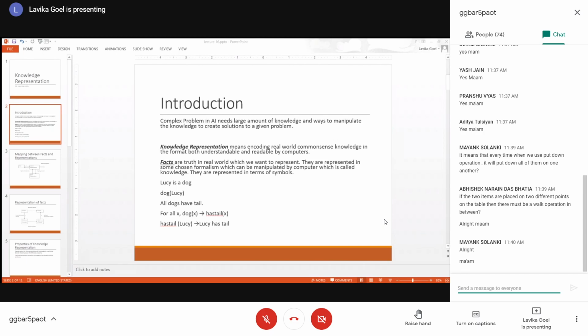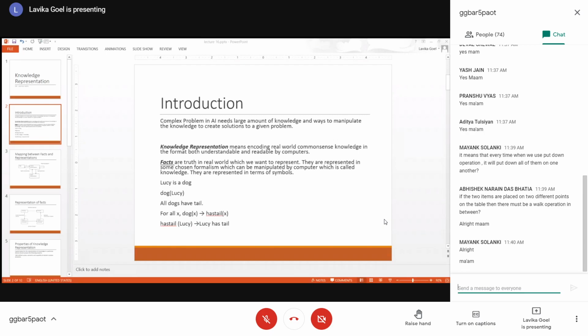I can represent this fact in terms of certain symbols also. If I represent it in symbols, that is an internal representation of knowledge. If I represent it in normal English, that is a natural language representation.